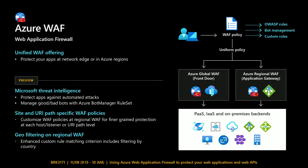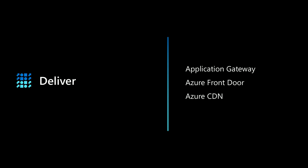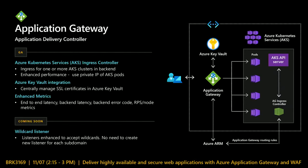Moving on, let's talk about the next category, which is delivering application performance. So a bit about App Gateway. We have a bunch of features that were in preview, now they're all in GA. I'll let you read the list here, but chief among them is integration with AKS. So now you can use App Gateway as an ingress controller for your